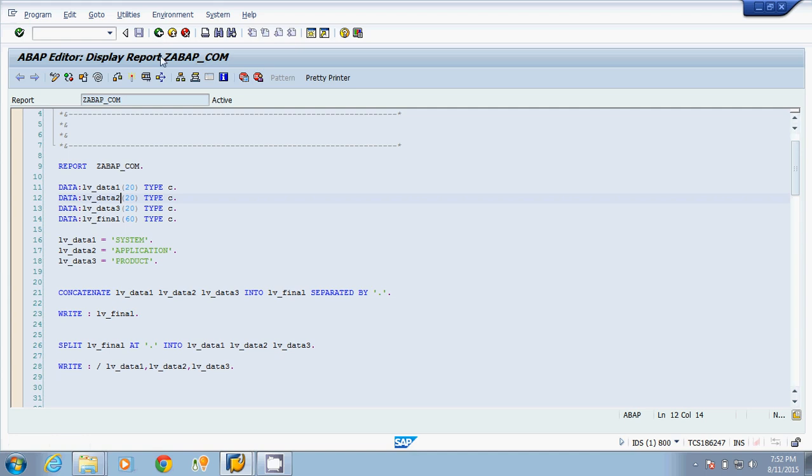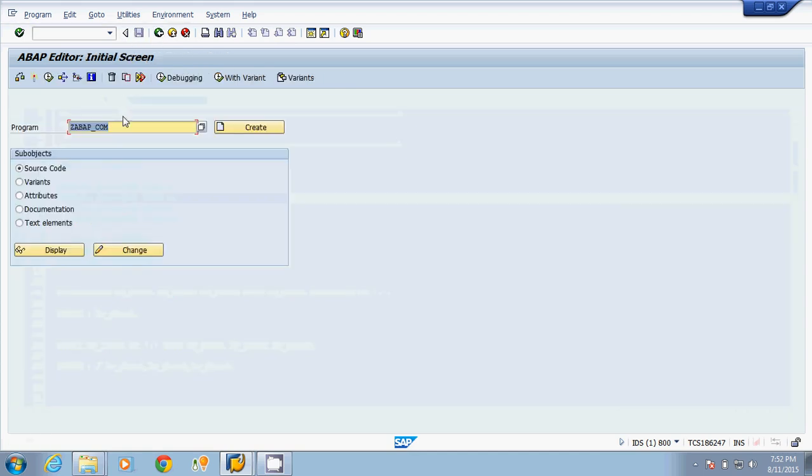So rather than doing all these things, I will create a transaction code, or a shortcut for this program, and I will access this program with the help of that transaction code itself. So how to create a user defined transaction code?